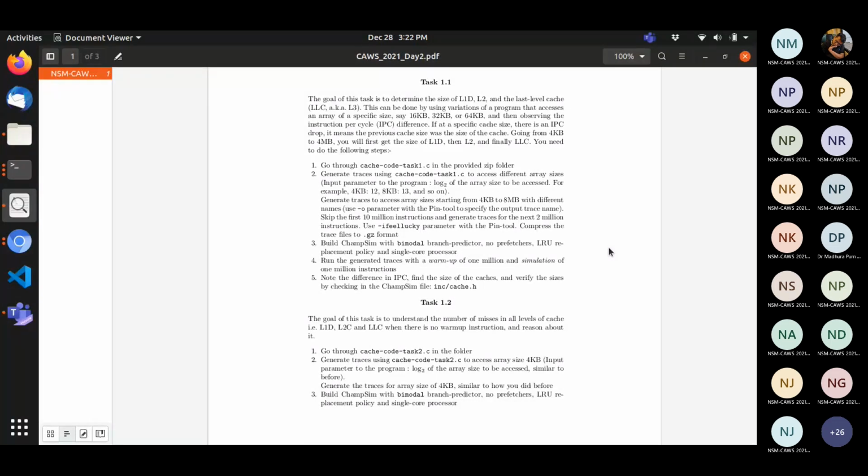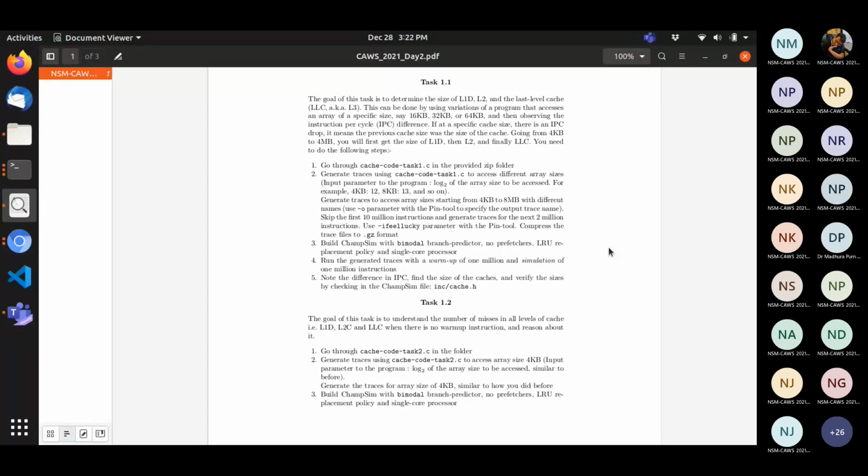Ma'am, can you show us how to look at the cache sizes from the cache.h file? I'm looking at that, but there are a lot of macros defined over here. Which one should we consider? Okay, you'll find some related to L1D cache, then some L2C cache, then LLC cache. You just need to look at L1D, L2C, and LLC.